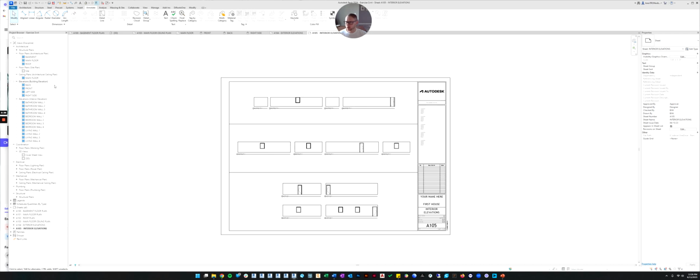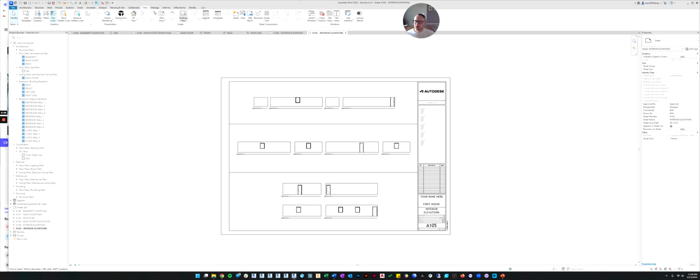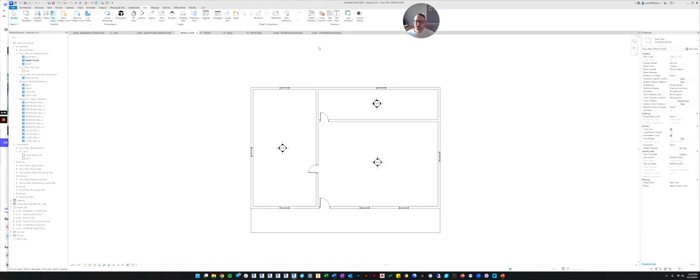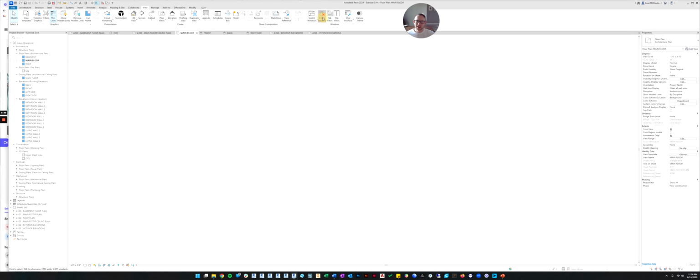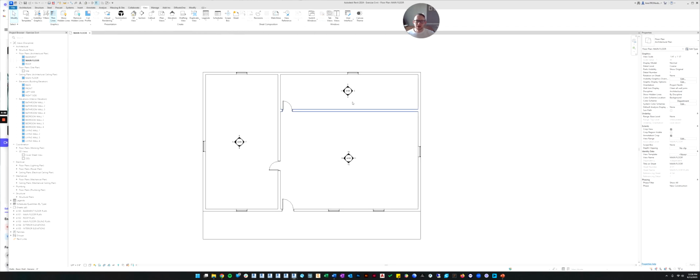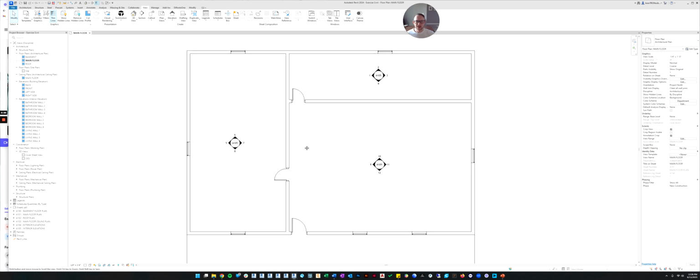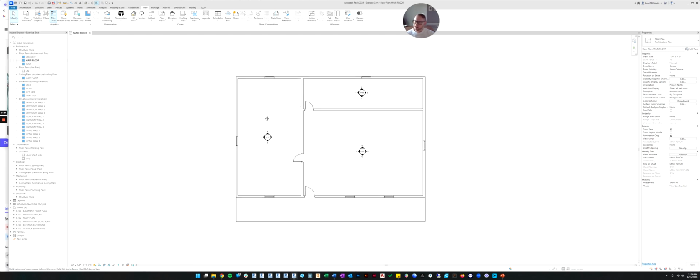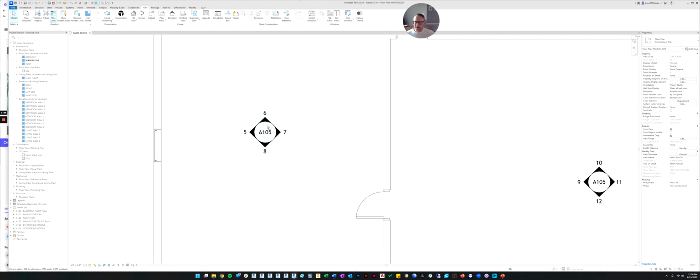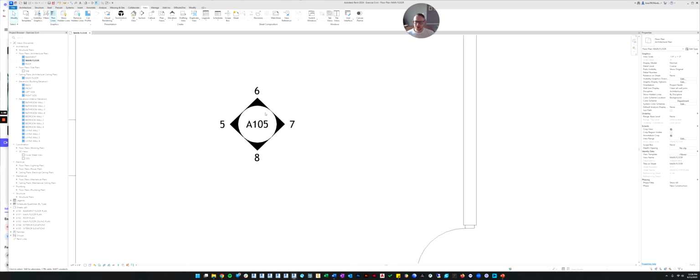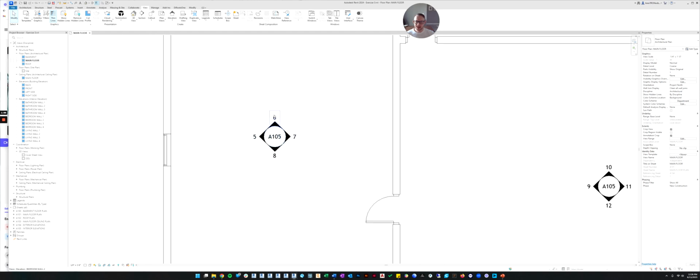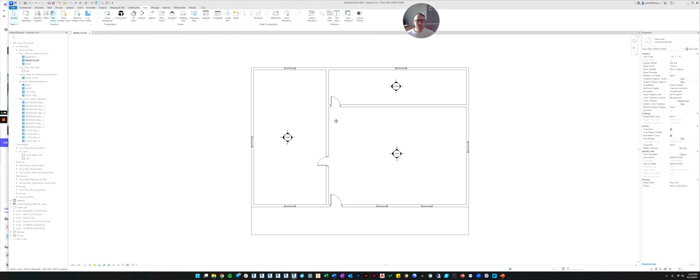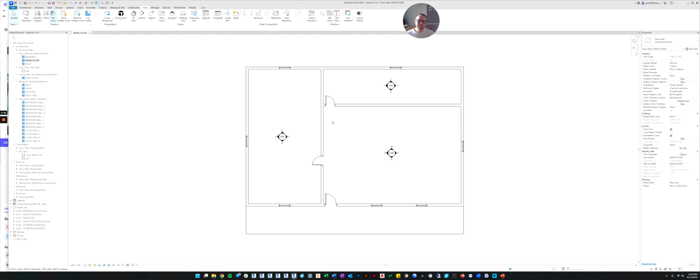So again, we'll go back to the main floor plan, and you can see I'm starting to get a lot of tabs up here. First I'm going to go to the main floor so that it's active. So here's my main floor, and I'm going to close the inactive views. Now my computer isn't trying to keep open all those other views and stress my computer out. Now you can see on the main floor plan, now that we added those interior elevations to sheets, you can see what it's done. It's filled out the sheet here and it's placed the view number, just like when we did the exterior elevations.